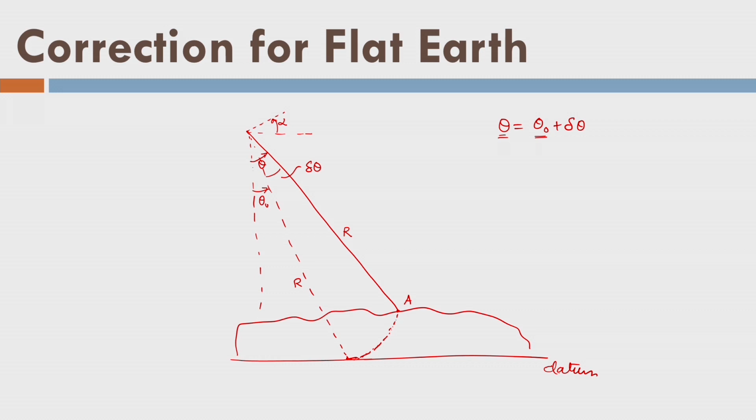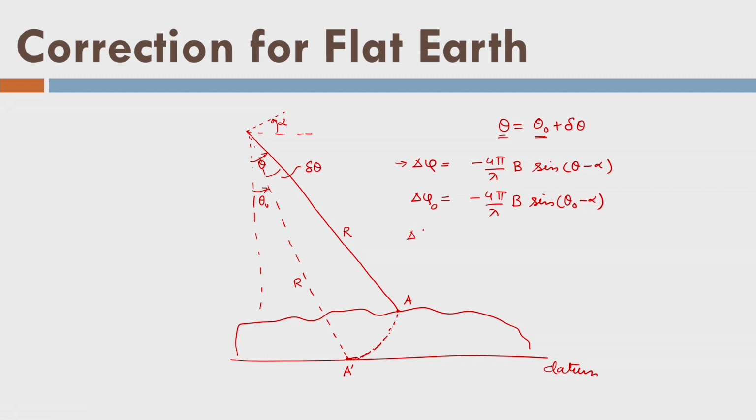Now, if you remember, we have written the delta psi as minus 4 pi by lambda baseline b sine of theta minus alpha. I want to know what is the correction in delta phi I should apply if the point A lies on the datum, let us say A dash. So, if the point lies at A dash, I can write here delta psi 0 is equal to 4 pi by lambda b sine of theta 0 minus alpha.